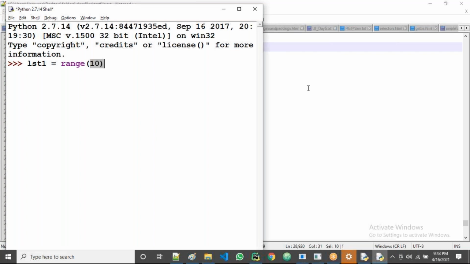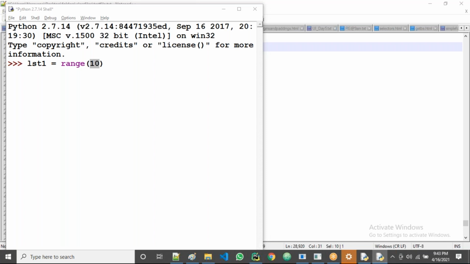Tell me now, is it a start number, an end number, or an increment number? Yes, guys, it is the end number. If you have only one argument, only one value in the range, that is the end number. The remaining start number and increment number are not there. If they are not there, then what is the default start number? 0. Starting from 0 onwards, up to the 10,